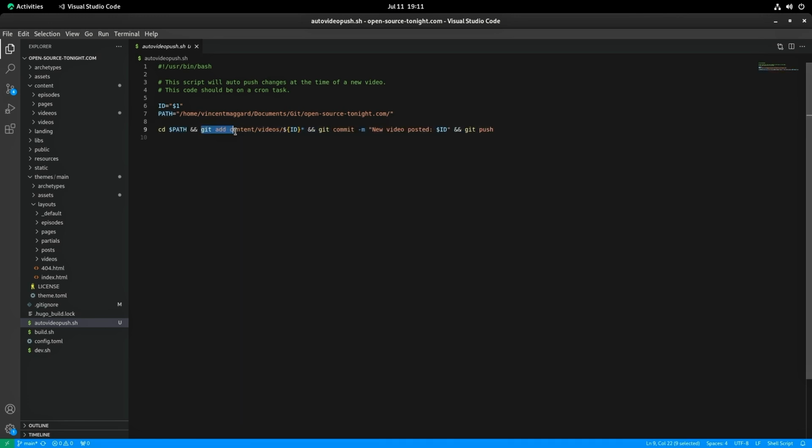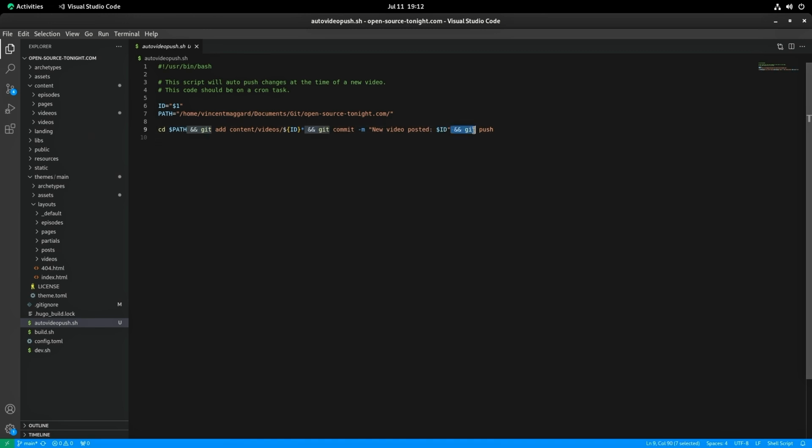Once it's CD into it, it will actually do a git add content/videos/video ID, and then that asterisk here is to catch .md. Which I actually could have just done .md, which is probably a cleaner way to do it, but anyway. And then if that was successful, that's what this double ampersand means, we're going to run this commit message, and this commit message is saying new video posted, and then it's this variable ID.